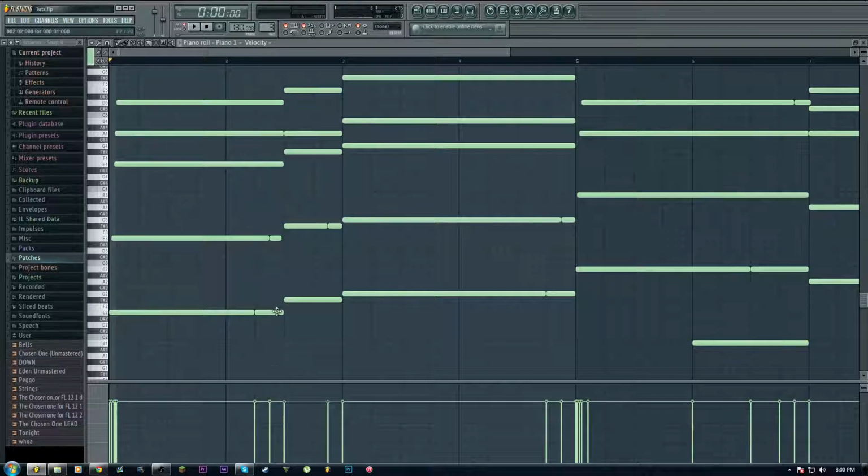So let me mess with this a bit. I usually have this at a lower velocity and this at a higher velocity, so it kind of builds up. And another thing, you want to alter each individual note when it comes to this kind of roll-off effect. So I usually do this, I'll drag it down, and usually I'll just make all of them just a